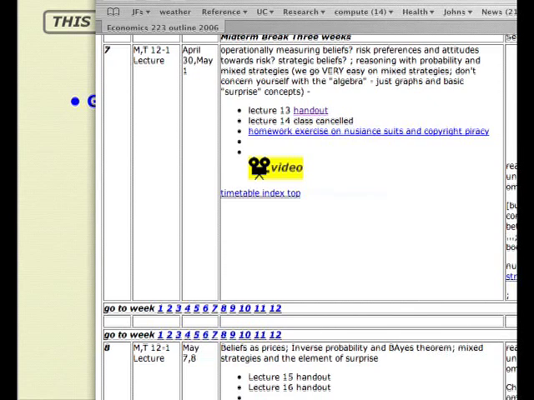What I'm going to try and do is talk around this idea of mixed strategies. We'll draw a little diagram, and the diagram will help us understand why mixed strategies are important, how you can think about the idea of surprise in a game, and come up with a deeper understanding of Nash equilibria. And in one of the latter lectures of the course, when we talk about evolutionary game theory, we'll come back to the same kind of diagram.